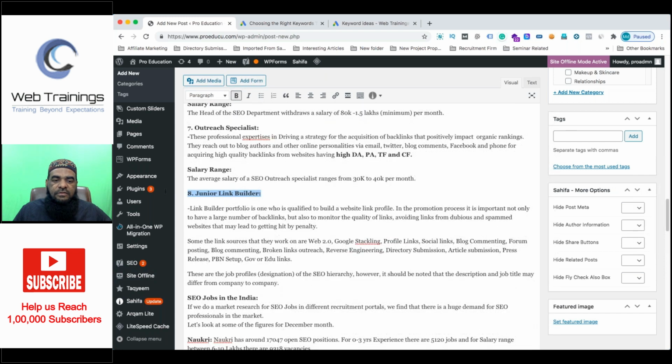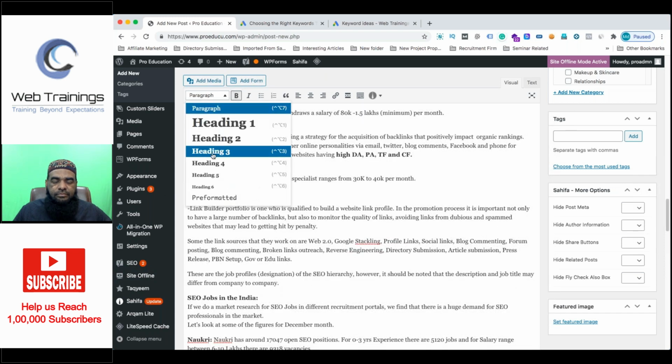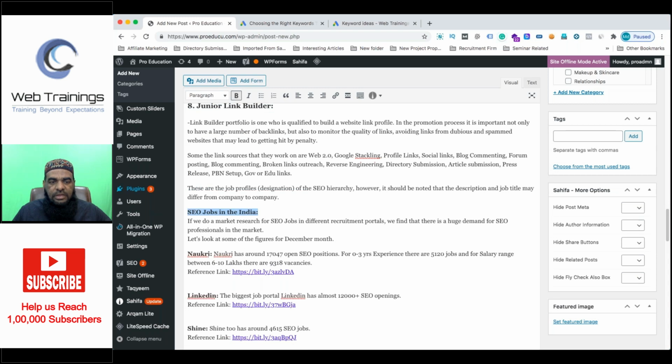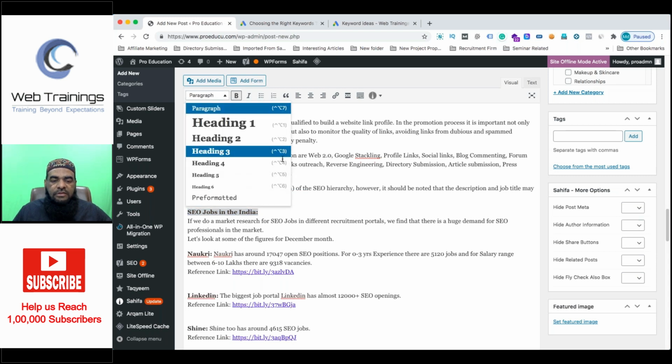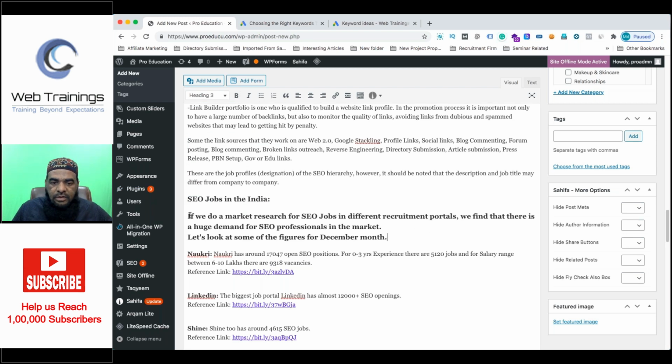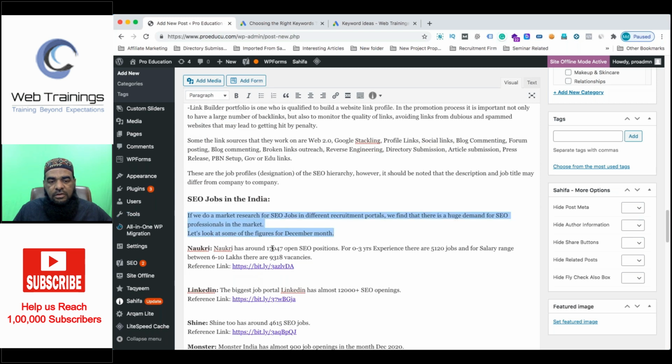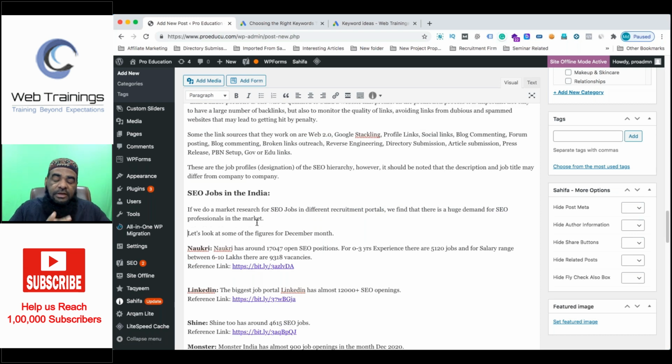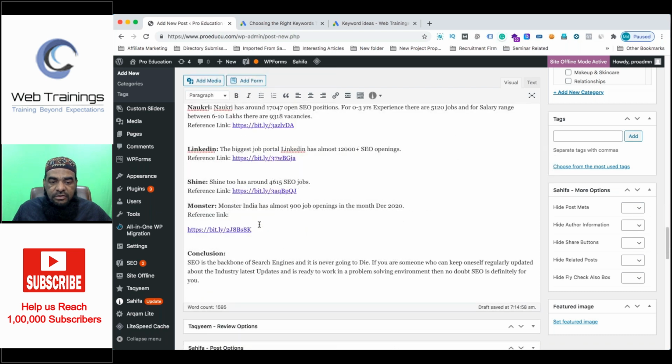This is the idea. And SEO jobs in India, again this is a very relevant keyword. It can be very valuable for us. You can use this in the paragraph. So these are the options we have selected for our content optimization. But as I said already, I have to optimize for the given keyword and also relevant and semantic keywords to have much better results.